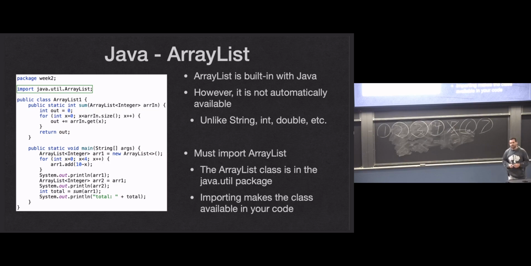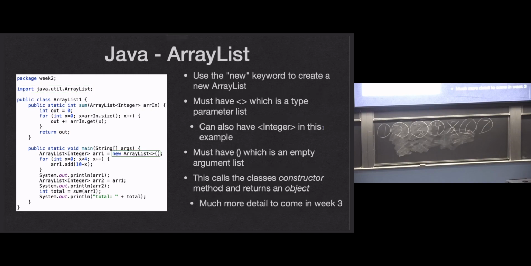ArrayList we do, and the second one's going to be HashMap. We're going to have to import that as well. Once we import ArrayList, we're allowed to use the ArrayList class in our code. If this import isn't here, this line is going to have an error on it, and it's going to say,